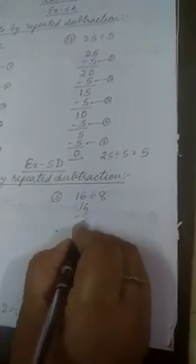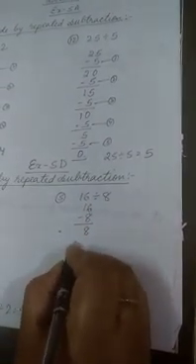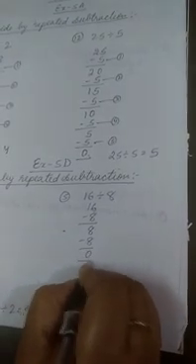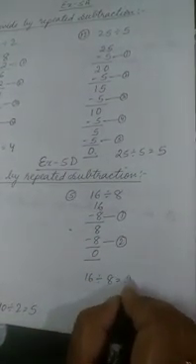Now come to the next number, 16 divided by 8. So you subtract 8 from 16. So 16 minus 8 will come as 8. 8 minus 8 will come as 0. So here only 2 times you have to subtract 8 from 16 in order to get the answer. So 16 divided by 8, the answer will come as